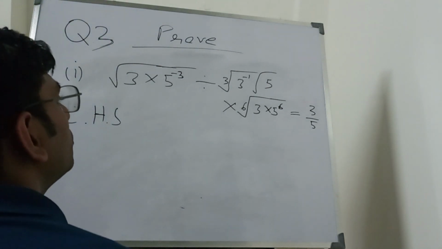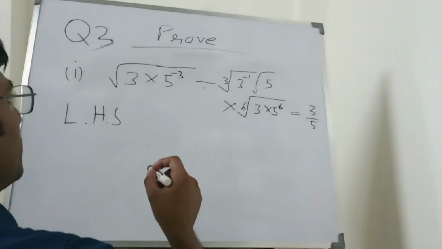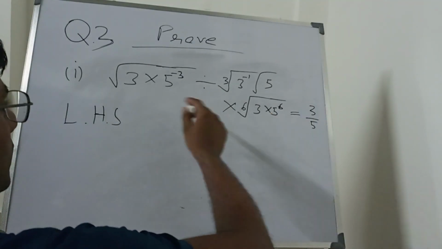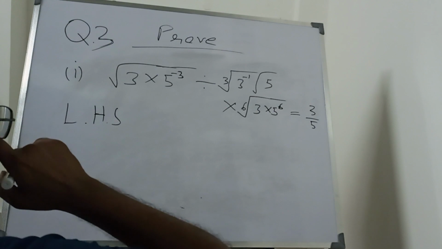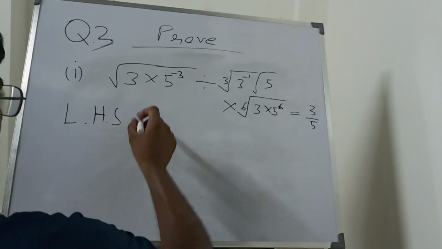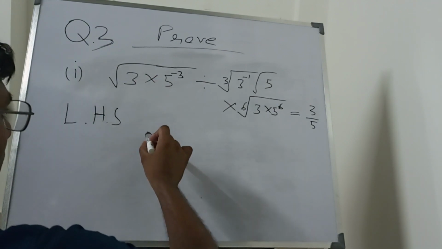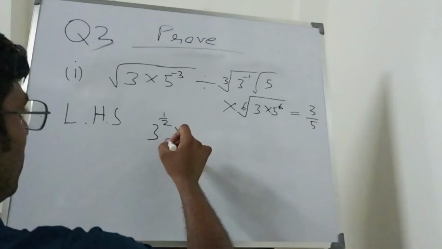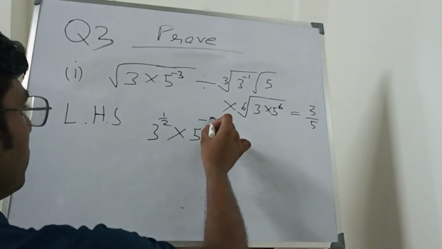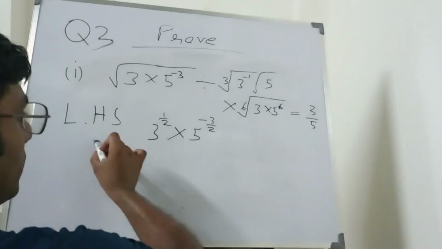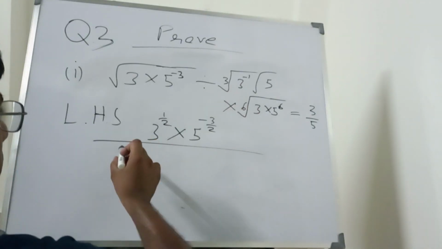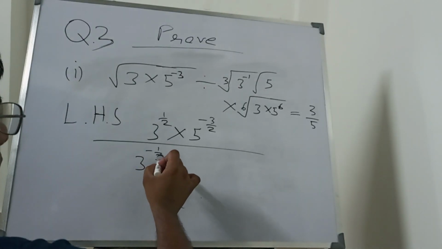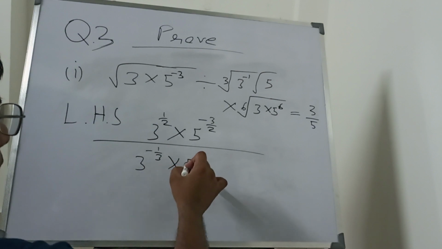So what we are going to do is, we have to prove this. Question number 3, subpart 1. It says this thing is equal to this thing, that is LHS equals RHS. I am going to solve this RHS over here, as I am writing this as 3 raised to the power half into 5 to the power minus 3 by 2, divided by 3 raised to the power minus 1 by 3 into 5 raised to the